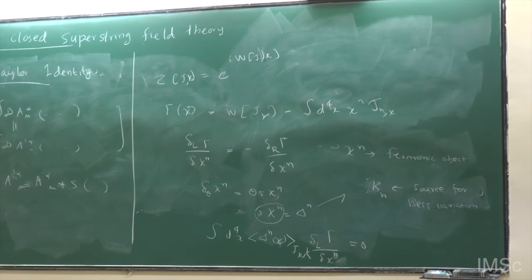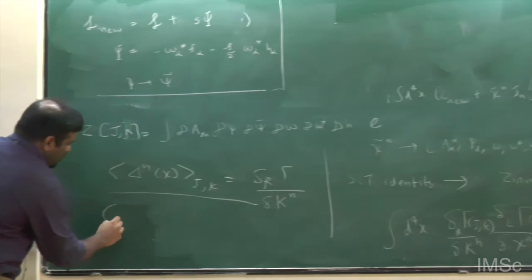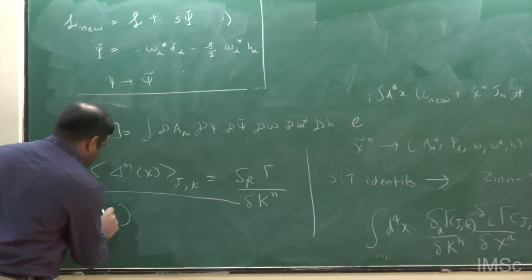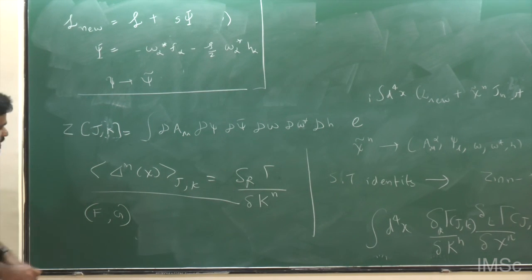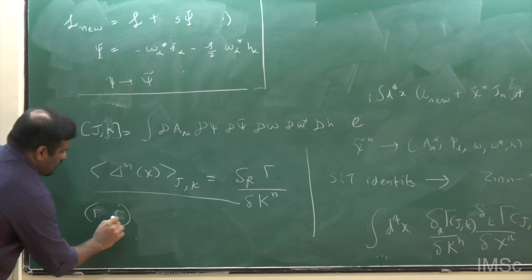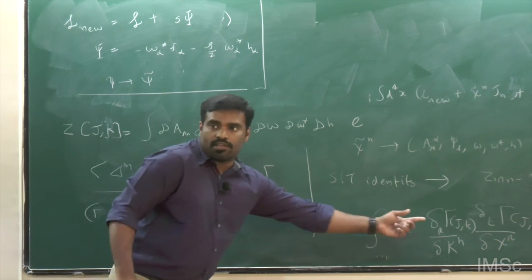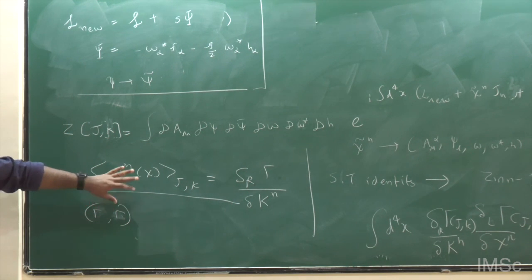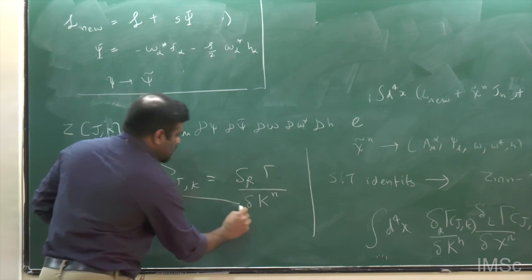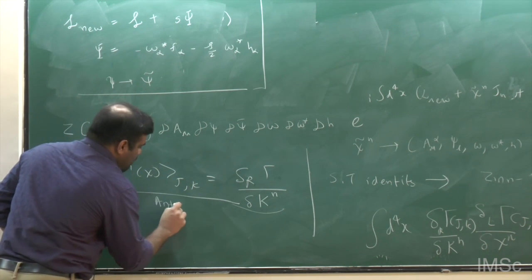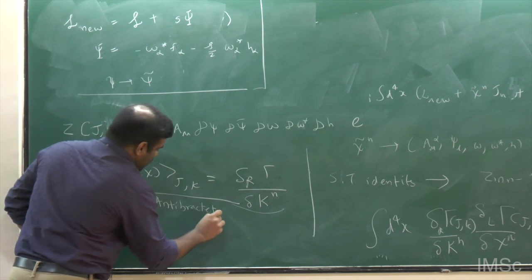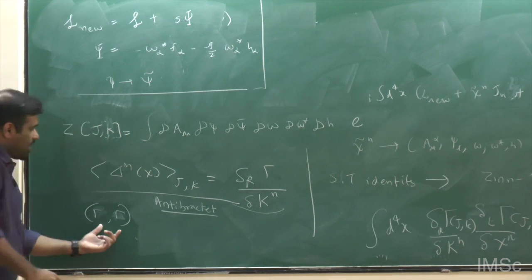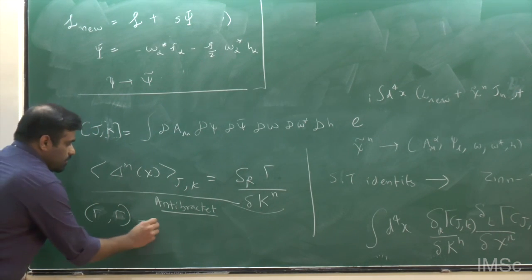Today I won't define that properly, but you can define something called an anti-bracket for functions f and g. Assume that f and g are the same, say gamma and gamma. Then the anti-bracket of gamma with gamma is exactly equal to this expression. I haven't explained this properly, but I'm just mentioning that you can introduce another definition, the so-called anti-bracket. In terms of the anti-bracket, this equation is equivalent to saying that the anti-bracket of gamma with gamma is equal to 0.